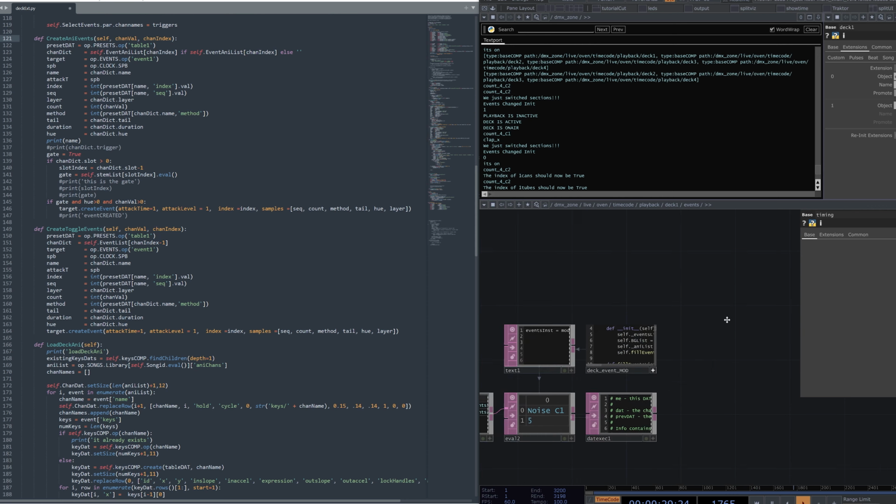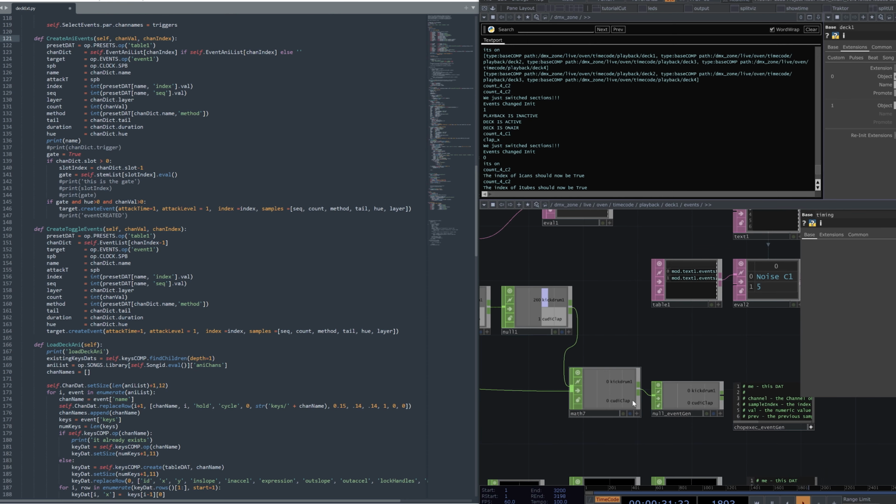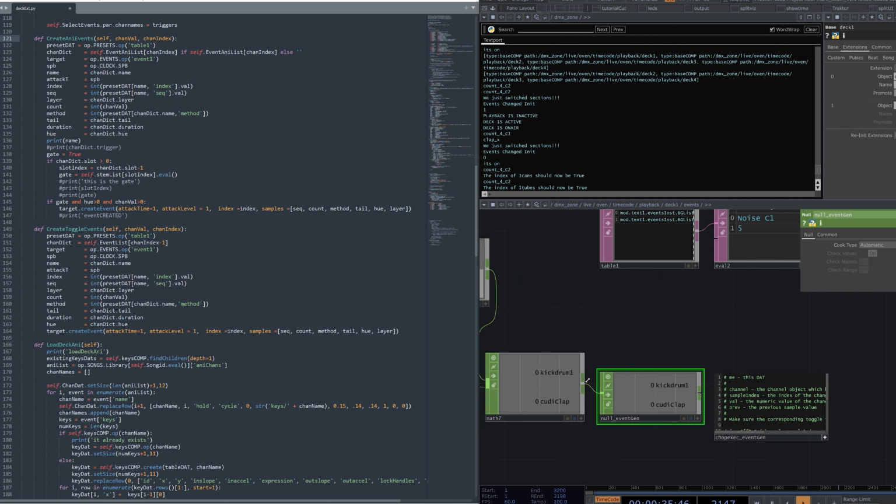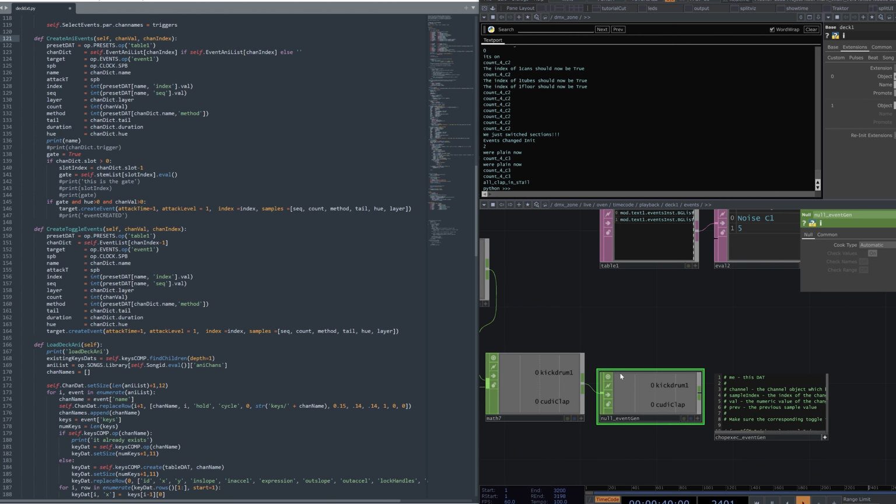So the channel index is coming off of this math, or rather this null event generator, and then it will give you the value, which is the count that we are using. So if it's cycling over 4 lights, it'll cycle over and over and over again.